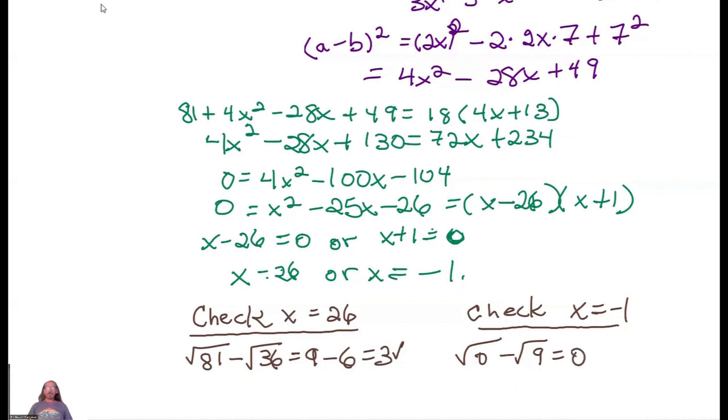Square root of 0 is 0. Square root of 9 is 3. If that had been addition, then we would have had equality. It would check out, but -3 does not equal +3. So we reject this, and we only keep